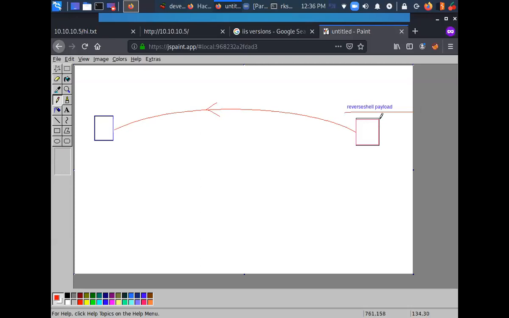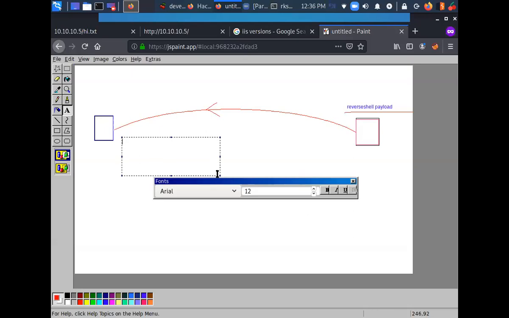Now, for this shell, when a connection is going to be made, the target needs to know where it needs to connect. Which IP address and which port? Where do you want to send this thing? That's why there's this term called lhost and lport, local host and local port.